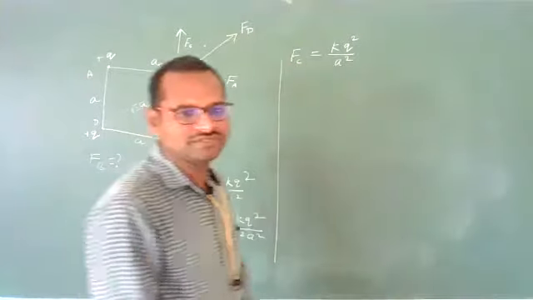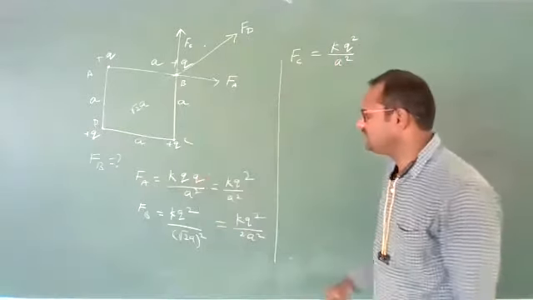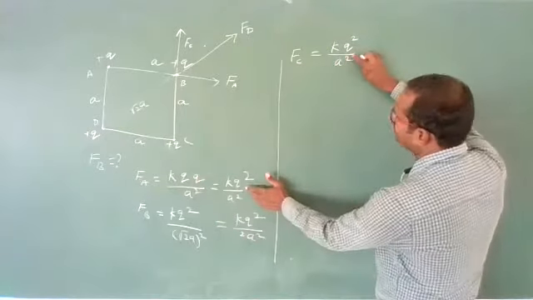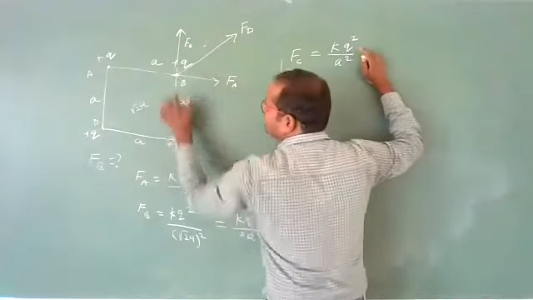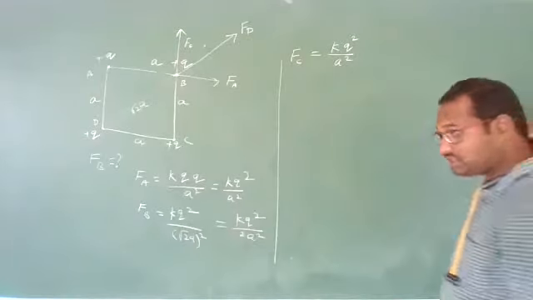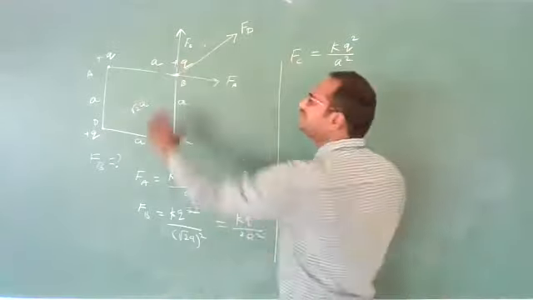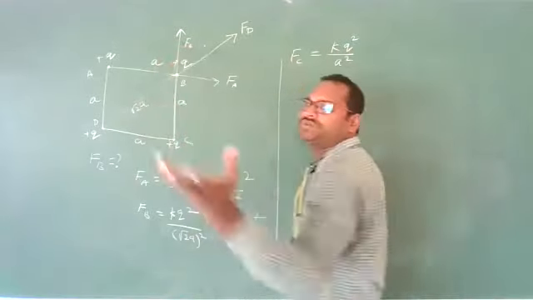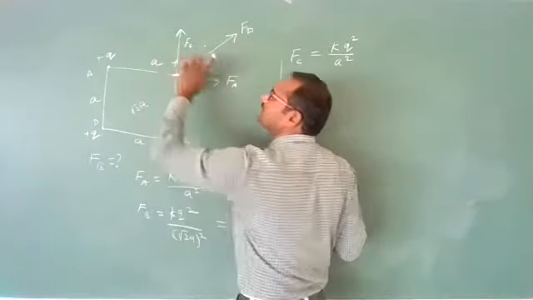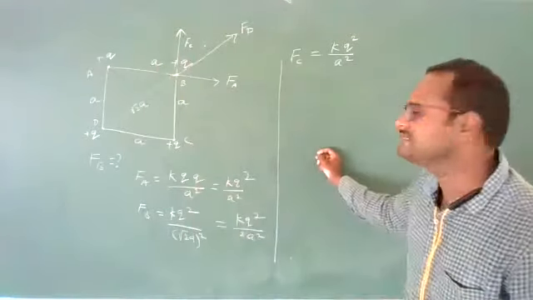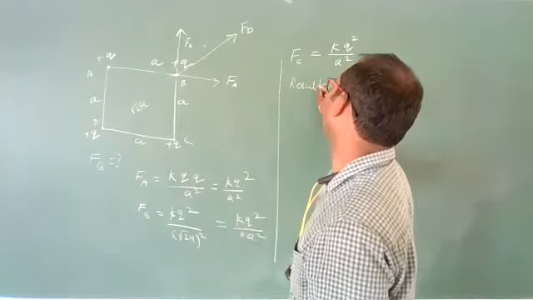Now we are having three forces. One is this, another one is this, another one is this. See, these two forces are equal, KQ square by A square, because the distance is equal and the charges are same. And these two forces are perpendicular to each other. The resultant of these two will be in this direction, as you know. How much is it? So, first find the resultant of